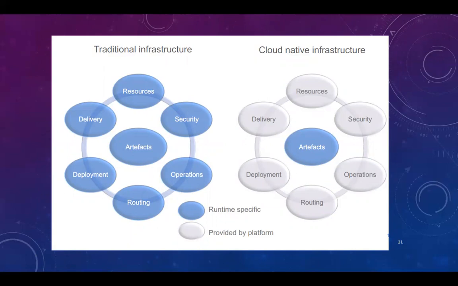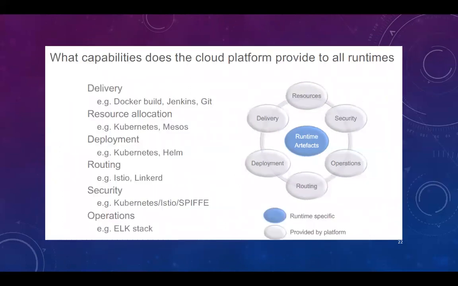This is what the traditional infrastructure is all about. Whereas when you go for cloud native infrastructure, only the artifacts part is what you would be handling. The rest of all will be provided by the platform, namely the cloud platform. If you see in this particular diagram, there are many different capabilities that have been provided